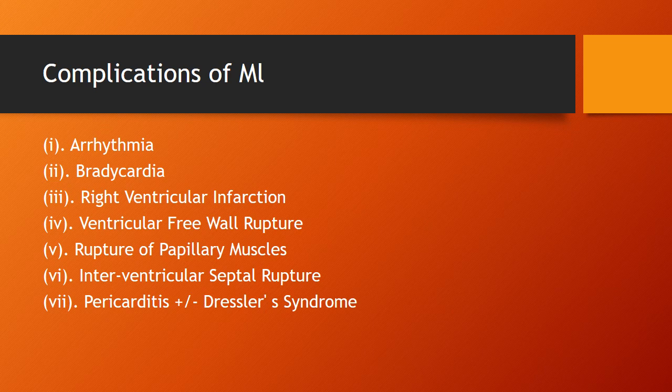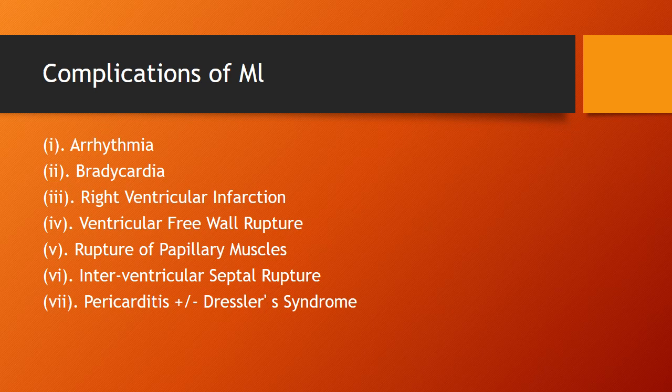In case of sinus bradycardia, I have already made a video: if the patient is asymptomatic, then observation, and if the patient is symptomatic, then you will give IV atropine. And in case of AV blocks, usually first degree AV block and Mobitz type 1 do not require any treatment in myocardial infarction, but in case of